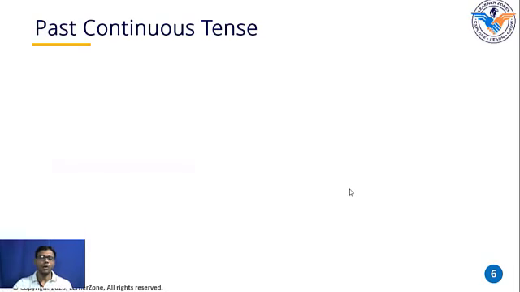Now let's see how we can convert the same sentence into past continuous tense, or what the past continuous tense rule says. What is the formula of past continuous tense? I did tell you that whenever it is a continuous tense, we need to add ing to the first shape of the verb. Correct? We have to use some helping verb in all the continuous tenses. So the formula says S plus HV plus V1 plus ing plus O. S for subject, HV stands for helping verb, plus V1 plus ing, and then object.